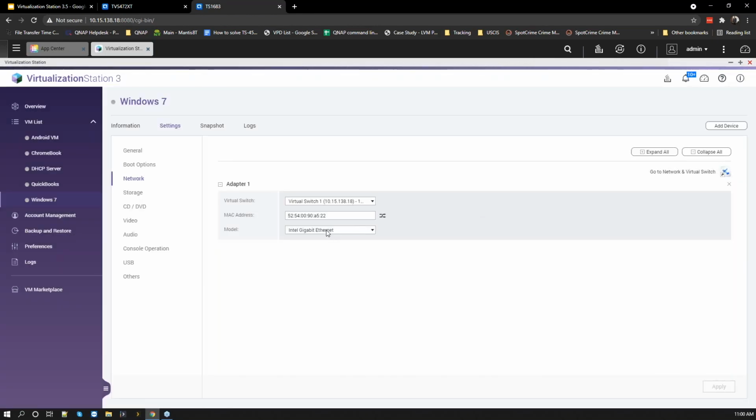Another example here in the model, you can actually select VirtIO as well, if you want to. That may improve network efficiency as well. But when you select VirtIO, you have to make sure you install the network drivers, whether on Windows or Ubuntu or whatever OS you select. Drivers can be found under